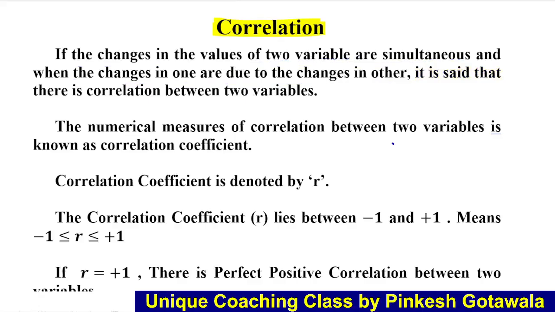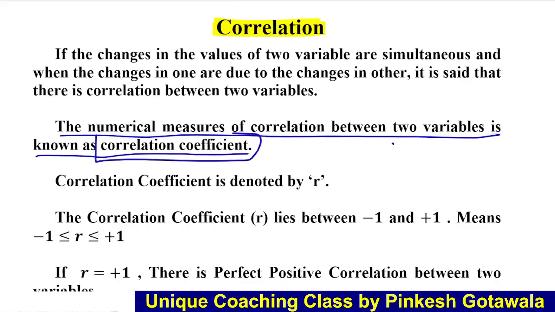Now let's see one more definition. The numerical measure of correlation between two variables is known as a correlation coefficient. Now what is this correlation coefficient? Okay,